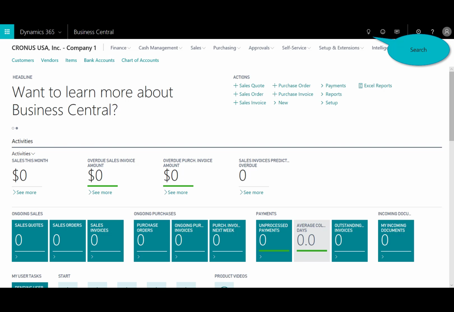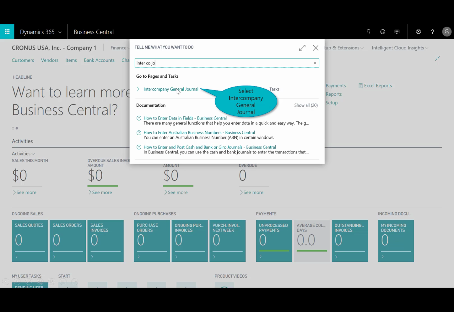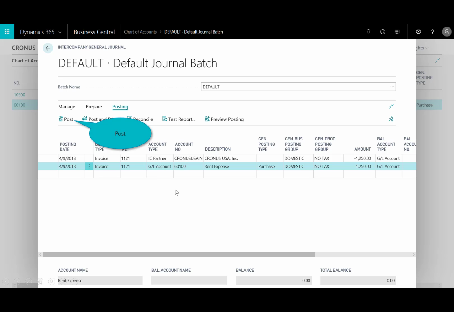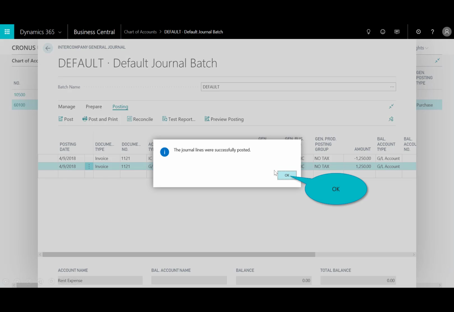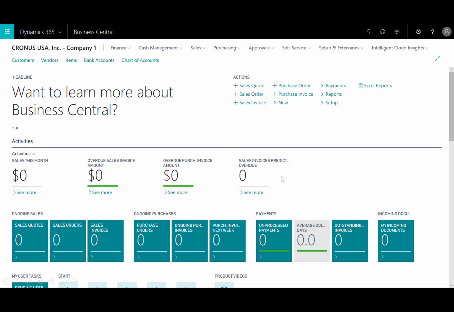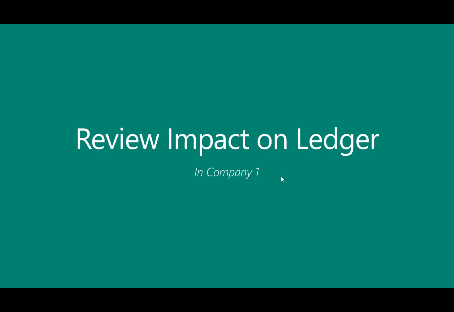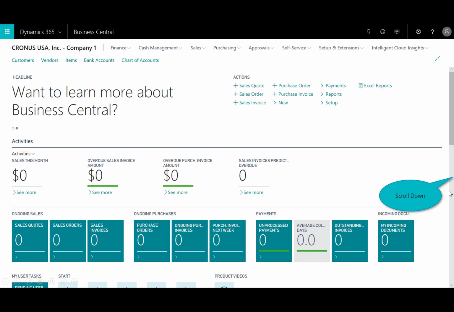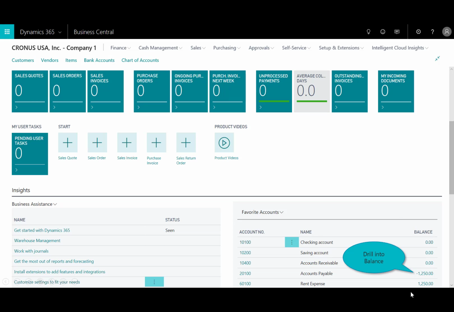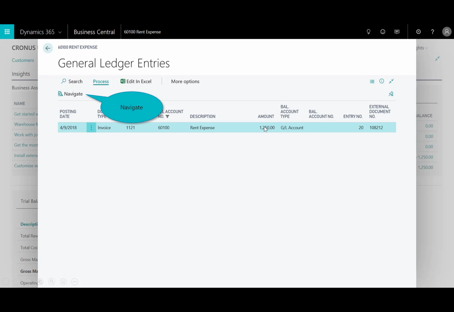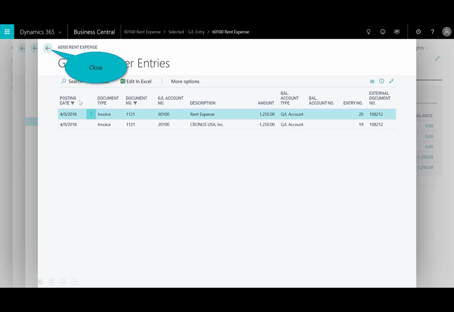And now in the posting, I'm still in company 1. We'll search on the intercompany general journal, and you see that rent expense. We'll go ahead and post those charges, and then I can take a look at the impact it has on my ledger. Again, on the same home page, I can scroll down, and you'll notice if I now drill into that accounts payable, there's that 1250 that we've incurred, and I can navigate and drill into the detail,